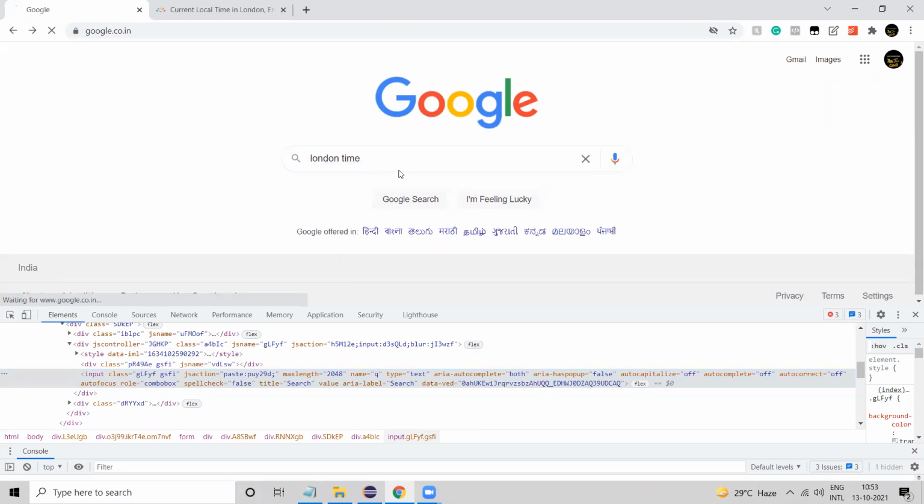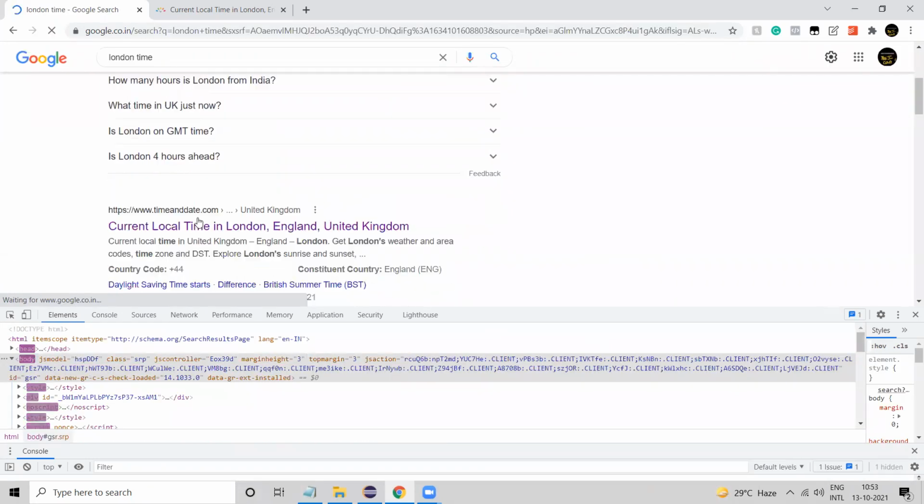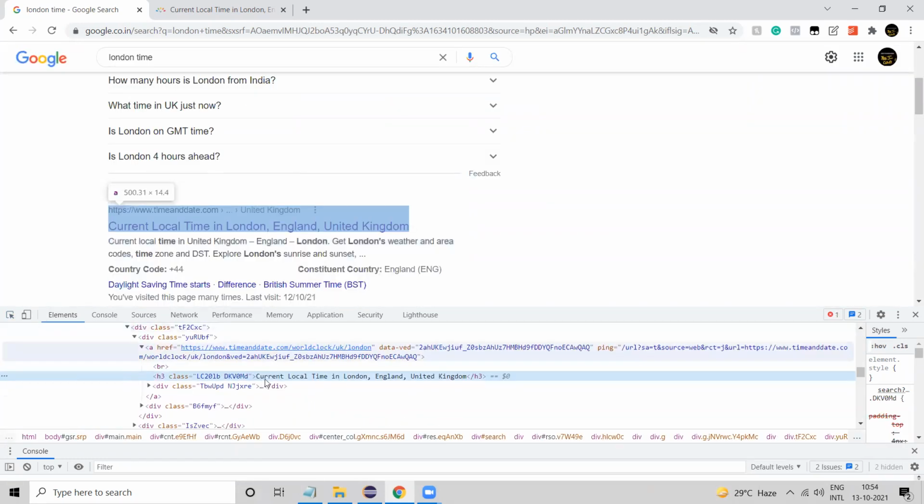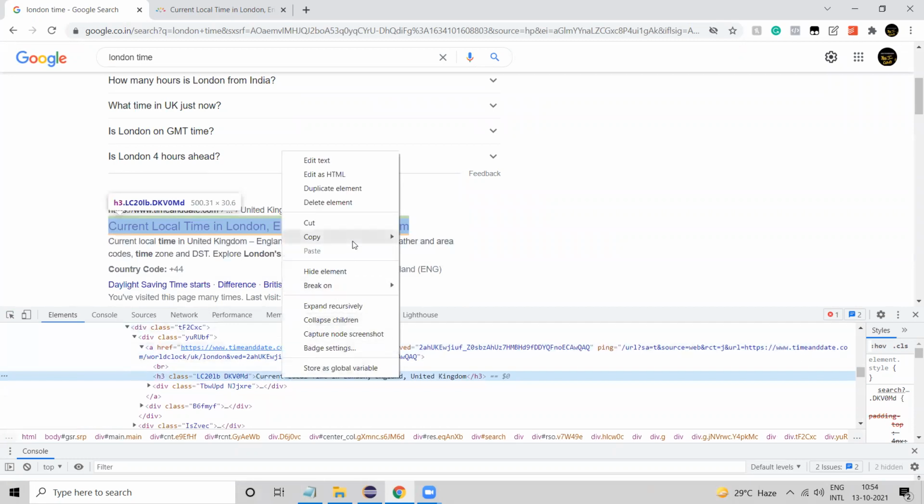I want to click the first link. Now I will navigate to the first link, so I will find the locator. I will go with the XPath.